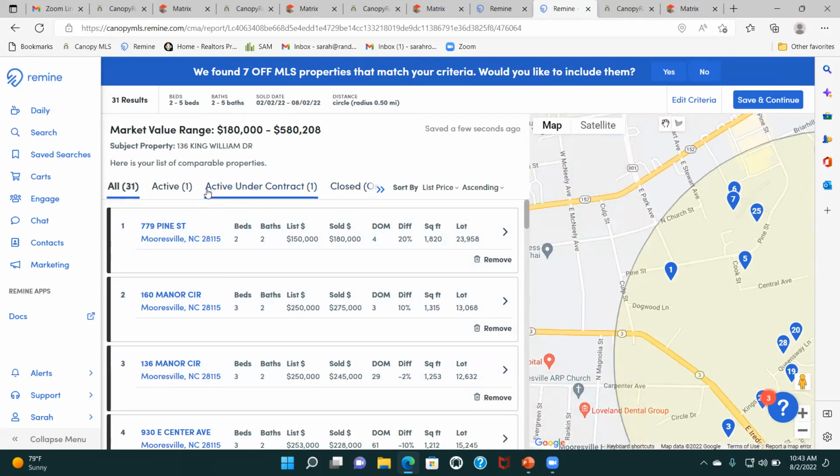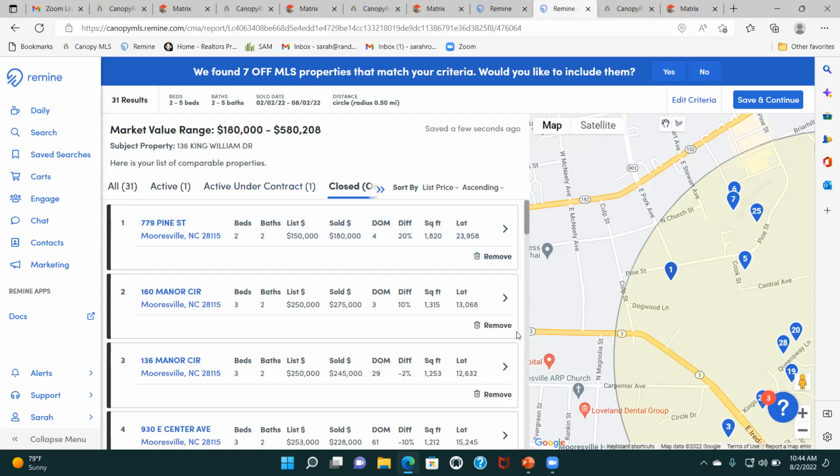Okay. Now there's 31 total, but look, I have 26 that have closed on MLS. Well, 26 comps is too many. You do not need 26 comps. Ideally, I like to stick between 3 and 5, 3 and 6 comps, and just get those as close as possible. So 26 is too many. I like this because you can go back. So if I want to go back and refine,